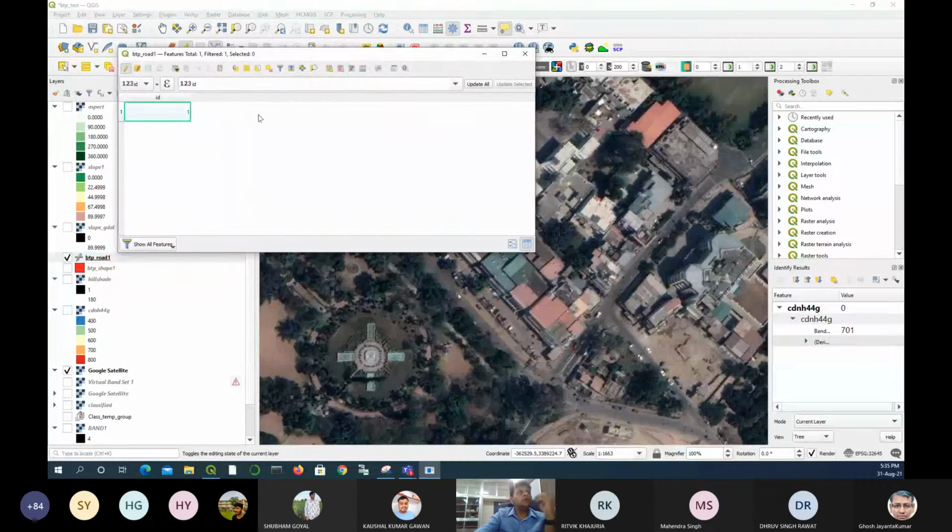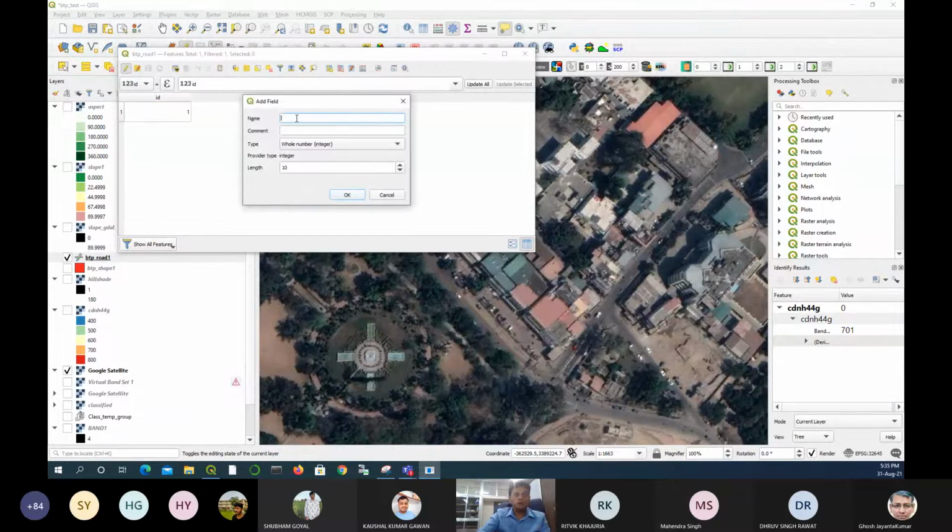We saved the name, but it was probably not saved, so we can add it now. New field, name of the road.